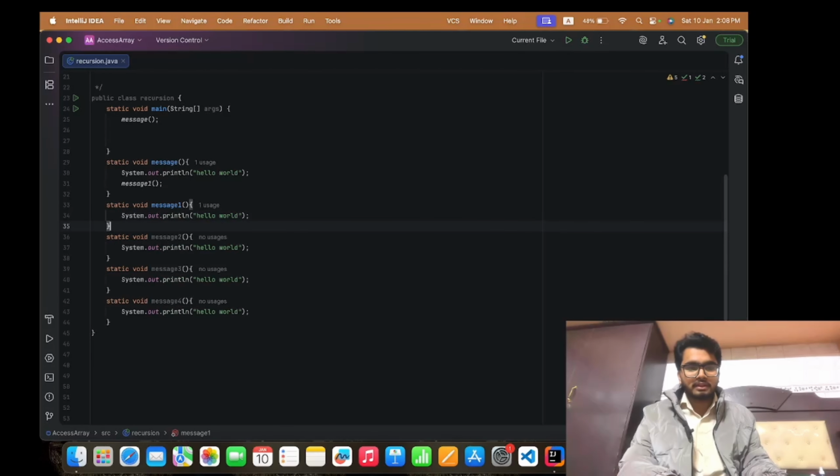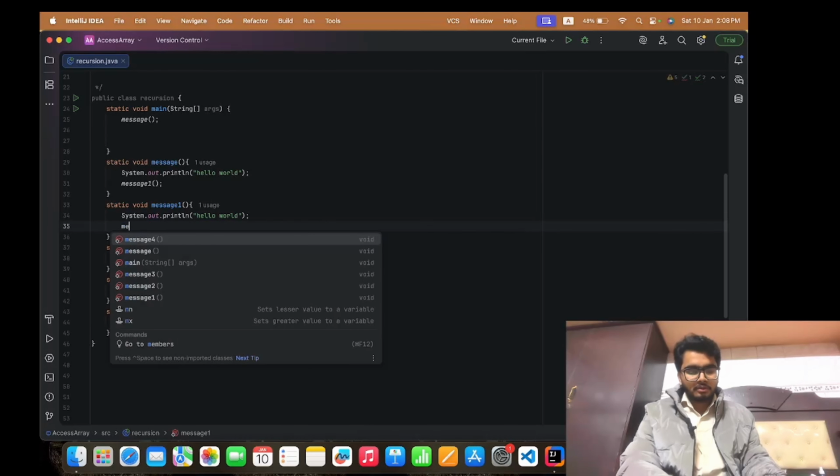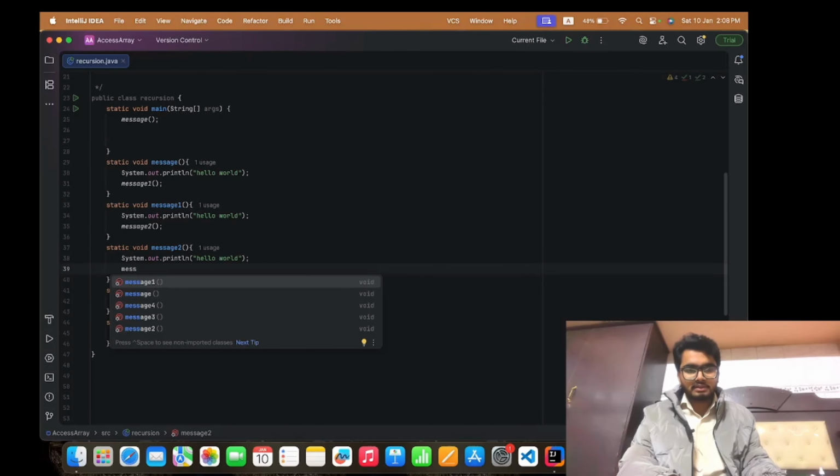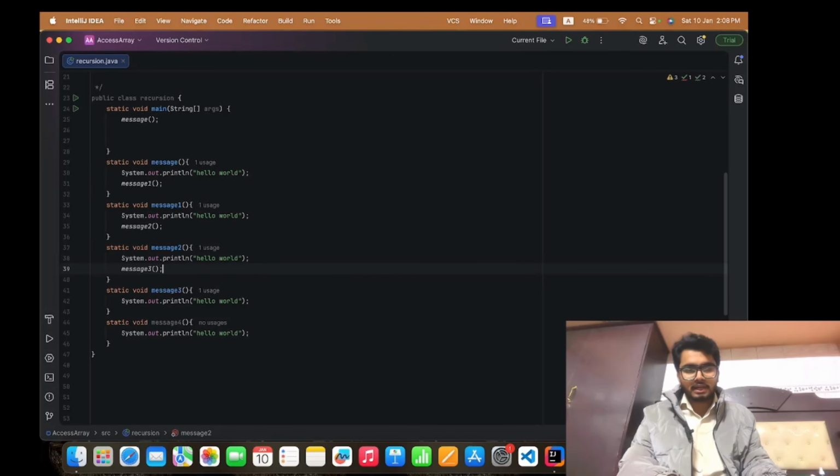Then in message 1 I can call message 2. Getting this? In message 2 I can call message 3, right? Now in message 3 I can call message 4.